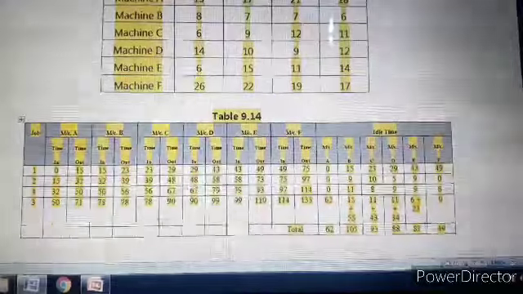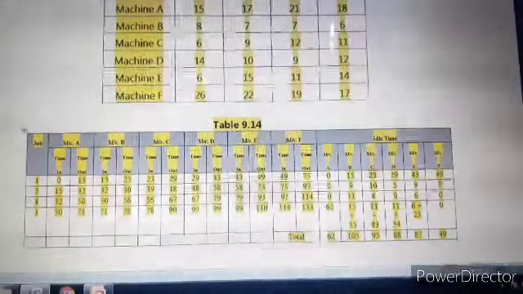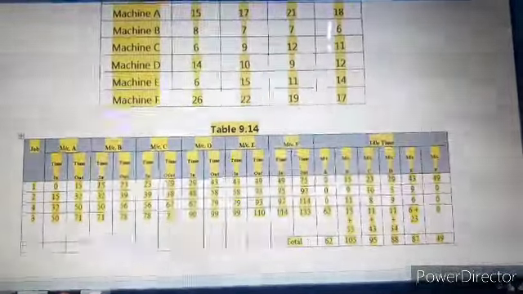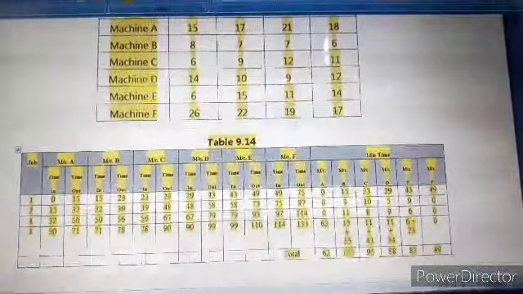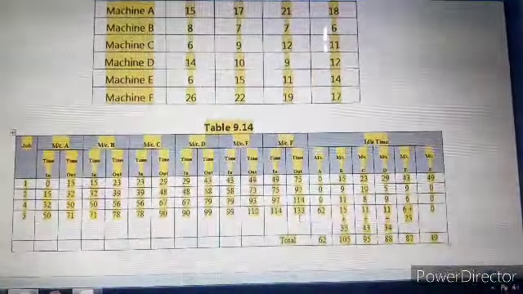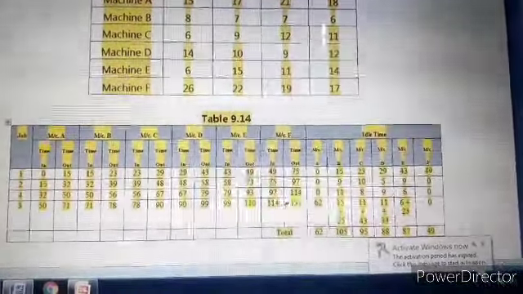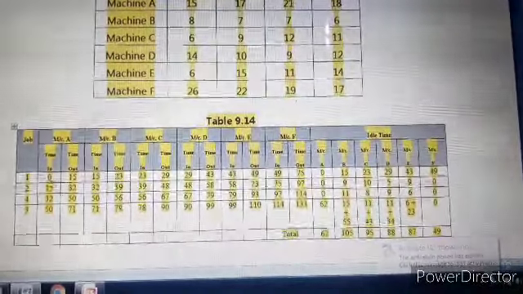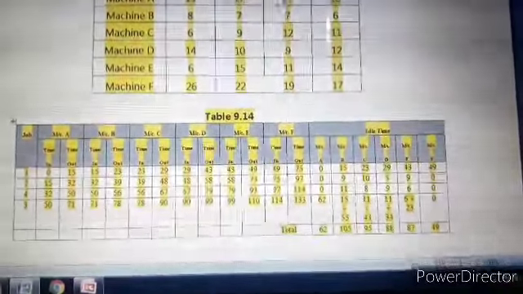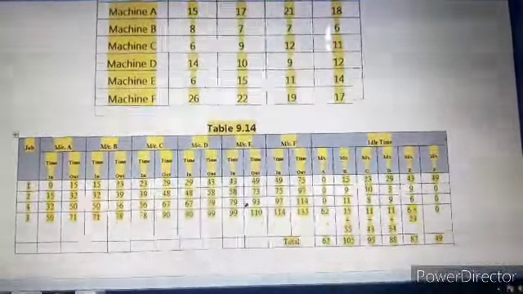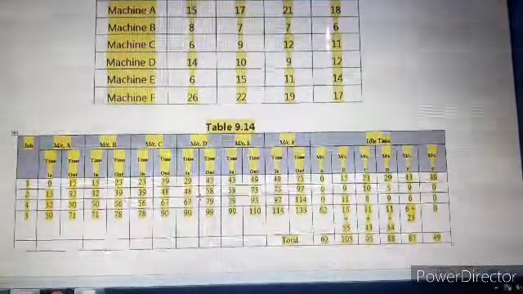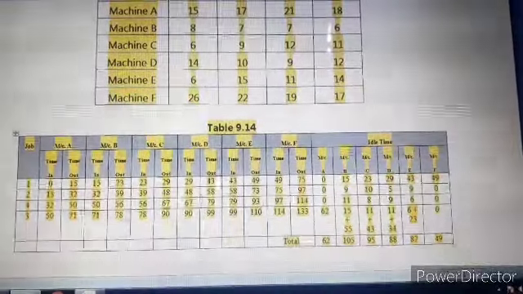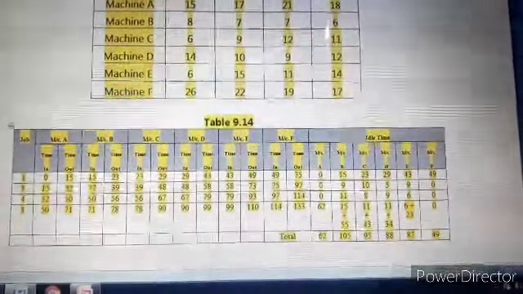133. So considering this cycle of processing of all the jobs starting from machine A up to machine F, the total processing time is 133 hours. So this is the total processing time, or this is the total elapsed time. Now here I have not explained how we get the respective time in and time out for all the jobs on all these machines. For that you have to follow the steps explained for solving the problem for 2 machines as well as for 3 machines as discussed in the previous lecture.